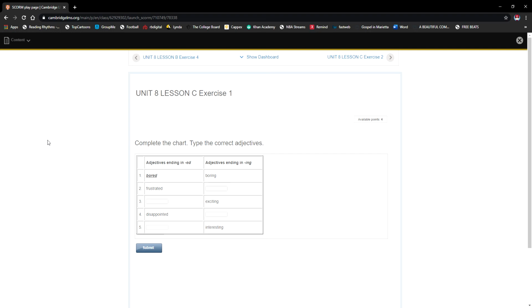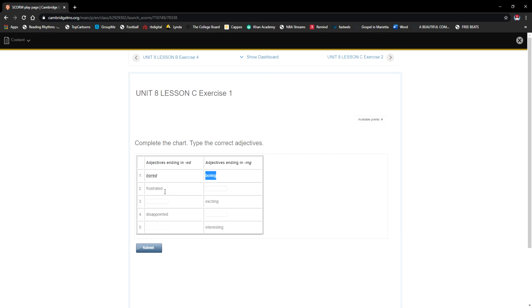Okay, so look, you have on one side the adjectives ending in ed here, and on the other side you have adjectives ending in ing, and you have to complete the empty spaces here. Okay, in your book the example is boring. So what is the form that ends with ed? And then you have to put bored. Okay,